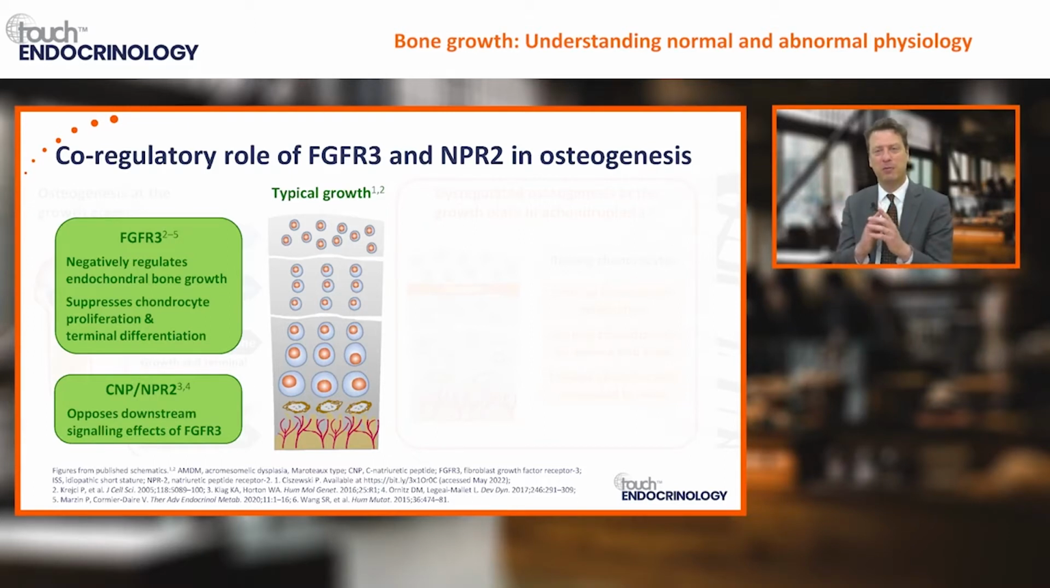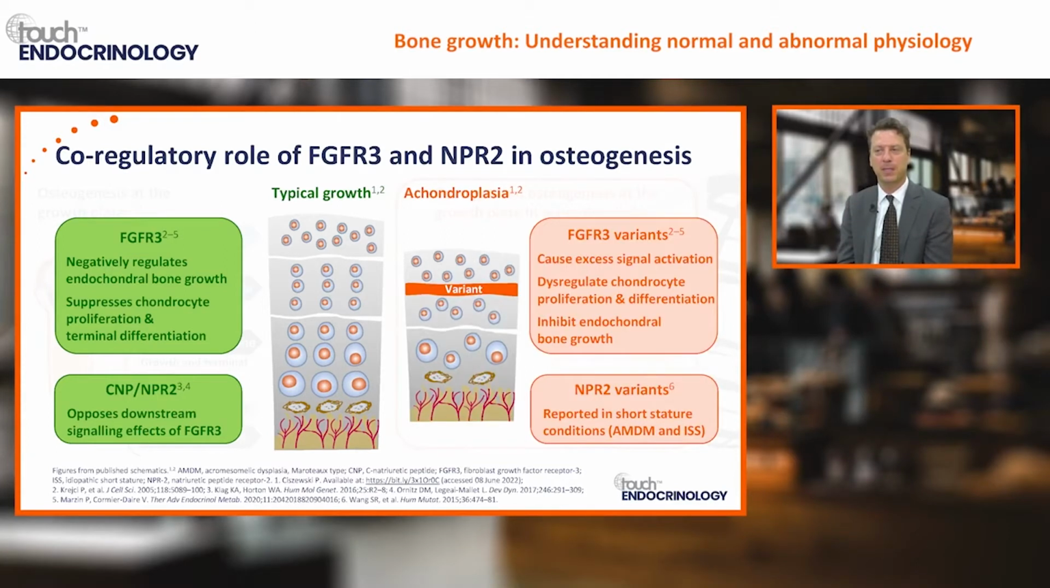Interacting with that FGFR3 pathway is the NPR2-CNP pathway. CNP stands for C-type natriuretic peptide, and it binds to its receptor encoded by the gene NPR2. And that pathway opposes the effects of FGFR3. It lifts the brake, thereby promoting growth at the growth plate. In achondroplasia, there are variants in the FGFR3 gene which cause overactivation and excessive signaling through this pathway, further leading